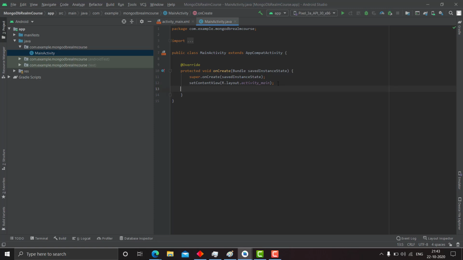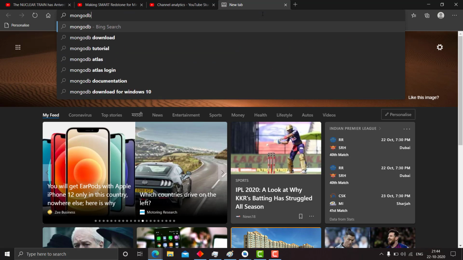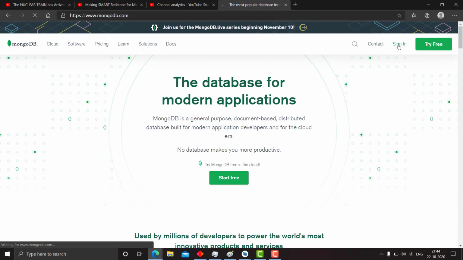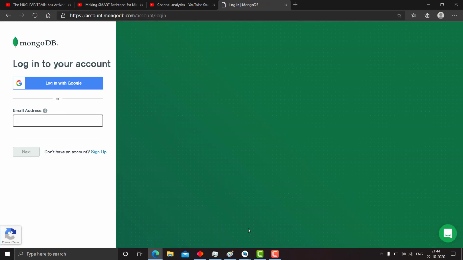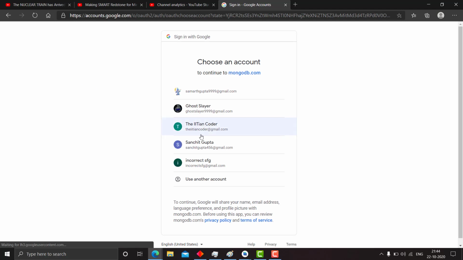In the first video we will just integrate MongoDB Realm in our application. So let's go to mongodb.com. If you haven't made an account on MongoDB and want to continue with the project and learn with me, just go to mongodb.com, click on login with Google or create an account. I will use login with Google.